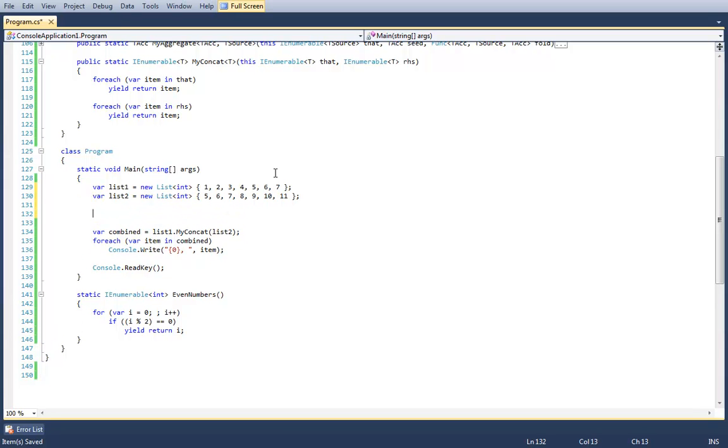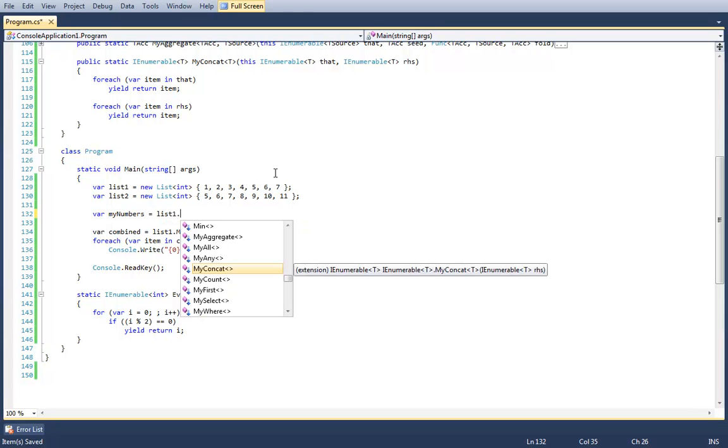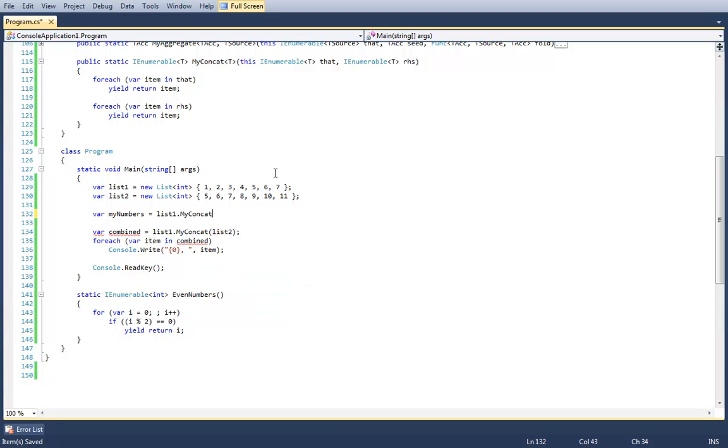Let's say I wanted everything in list1. Well, you could do while not Console.ReadKey, and wrap that around. That would work, wouldn't it? While not Console.ReadKey, ConsoleKey.Escape, and wrap that around what you're doing. You're right.